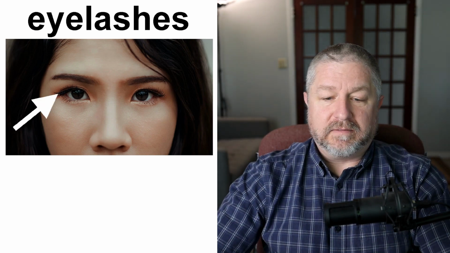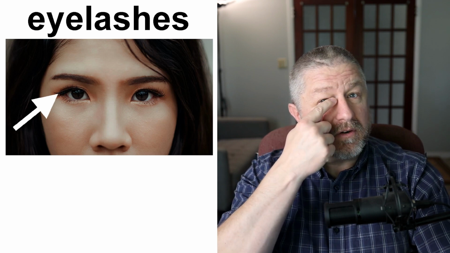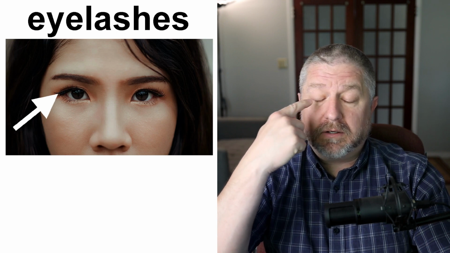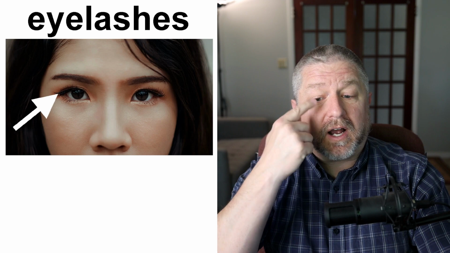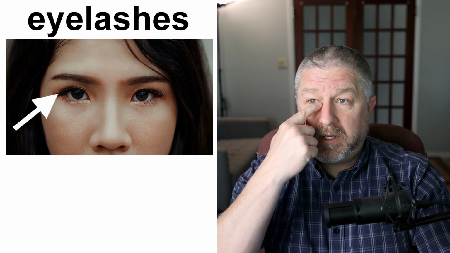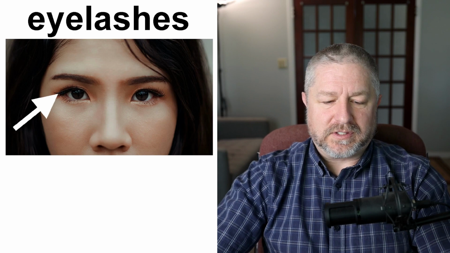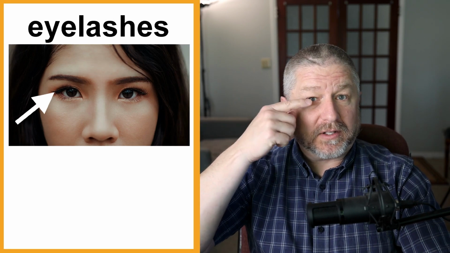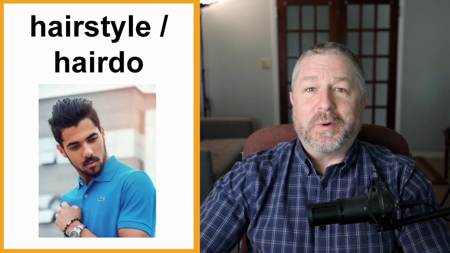And we also have eyelashes, which are the little bits of hair that grow right on the eyelid. So this is your eyelid when you close your eye. And there's little hair, little eyelashes on the eyelid. And then also on the bottom, there's little hair. So those are your eyelashes. So, and if you wear makeup, you might put makeup on your eyelashes as well. I don't know a lot about makeup.